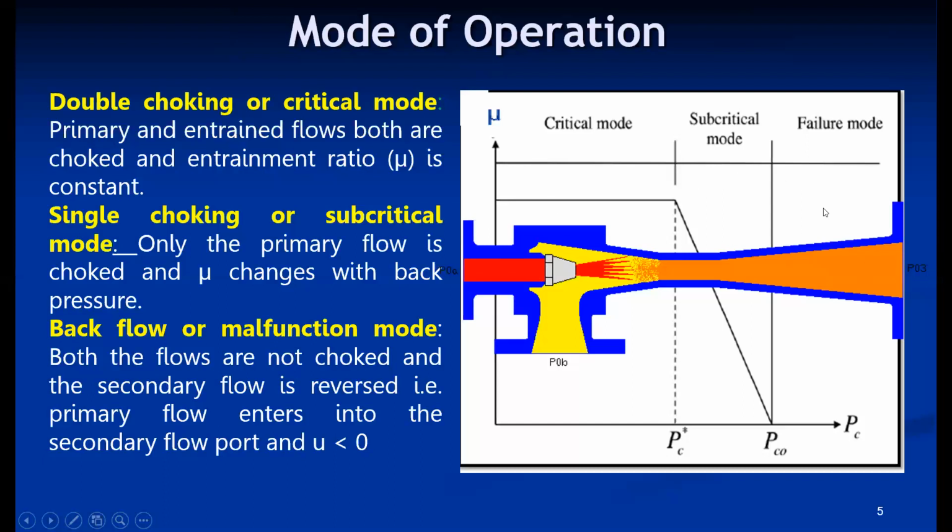So these are the three operating modes of the ejector, and it mainly depends on the operating pressure, that is, the condensing pressure. The condenser pressure is a driving force for the ejector. It should be below this particular point for the ejector to work, and it is desirable to operate at this critical pressure. If your operating point is this, for that particular configuration, the ejector gives the maximum flow rate. So it is advisable to run your ejector system at this operating condensing pressure.